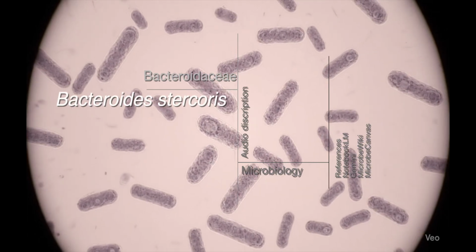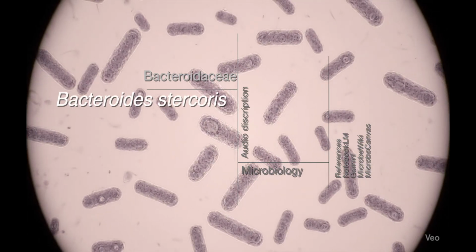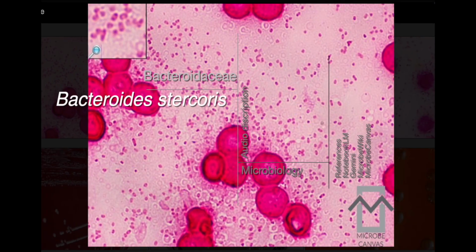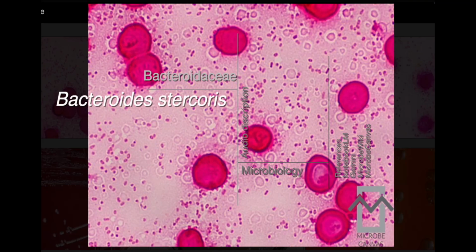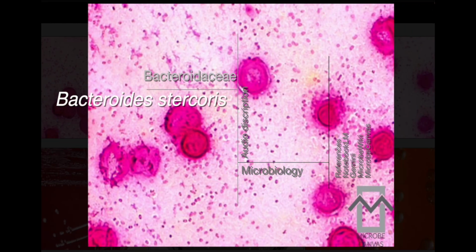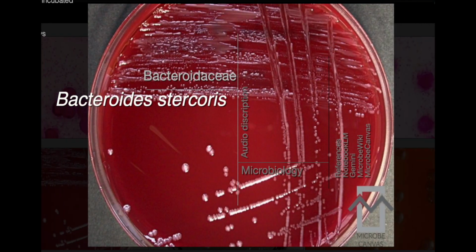Today, we're jumping into the microscopic world, an organism that really shows the complicated, sometimes contradictory nature of our own microbiome. We're talking about Bacteroides stercoris. Now, this is maybe an organism that flies under the radar a bit sometimes, but clinically it's actually really significant, especially because it's a key member of the notorious Bacteroides fragilis group. So our mission today, to make sure you, our medical microbiologist listeners, are really up to speed on this crucial